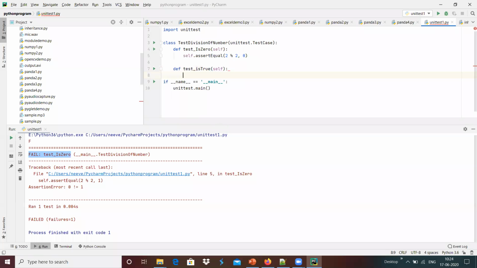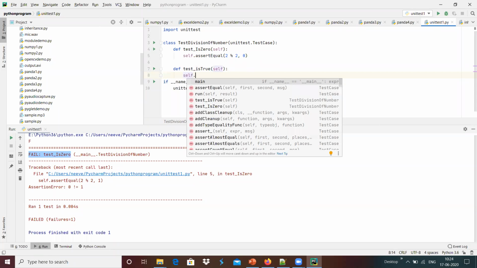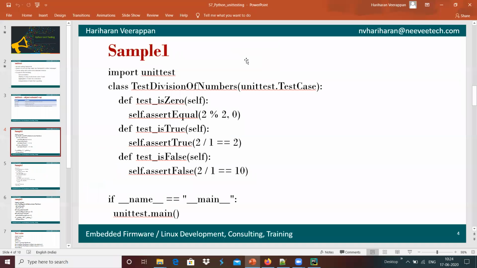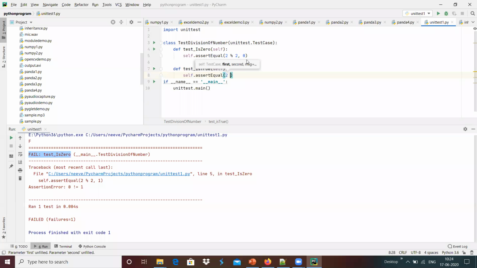And for example, we can do self dot assertEqual, something like 2 divided by 1 equals 2. Then we can check whether it is true, and if it is true, then it should be fine, else it will create an error over here.